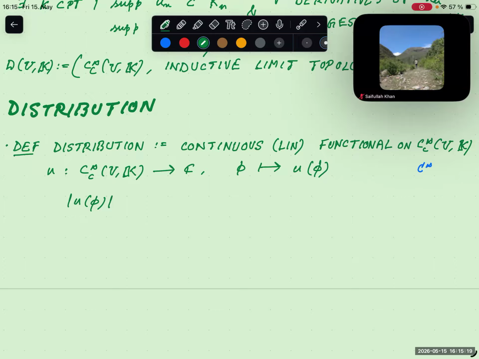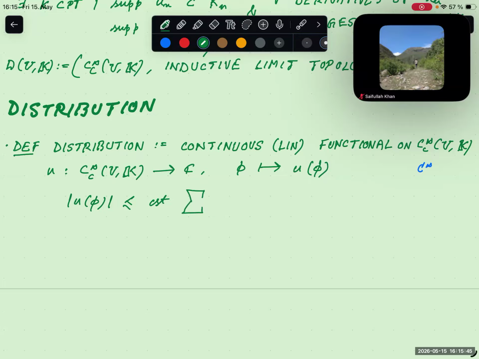And then we take their absolute value. This is called continuous. You know the notion of continuity, that this can be approximated by something in terms of this, so some constant, and then